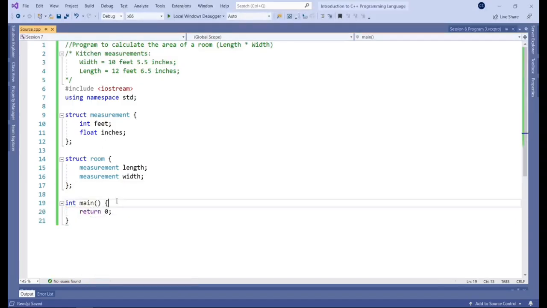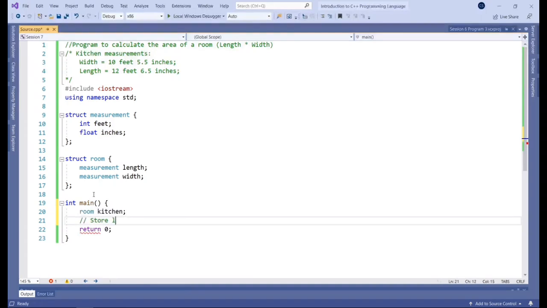Cool. Now let's think about saving these values into some structures. So let's define our room as kitchen, and then let's store the length.